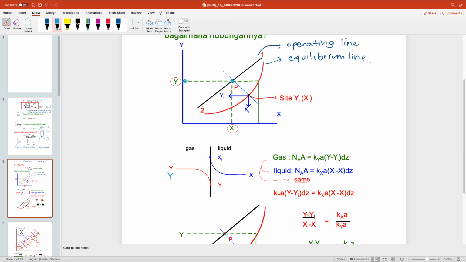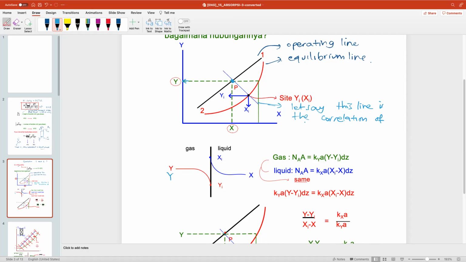We don't know what is the correlation with the equilibrium. Let's say using a graph, using this line, this line is the correlation